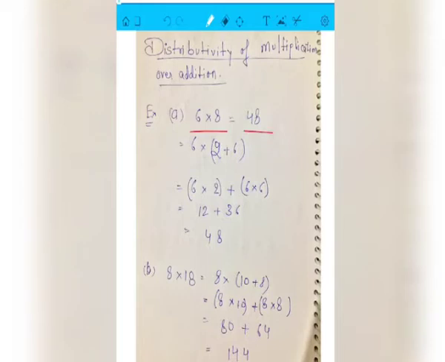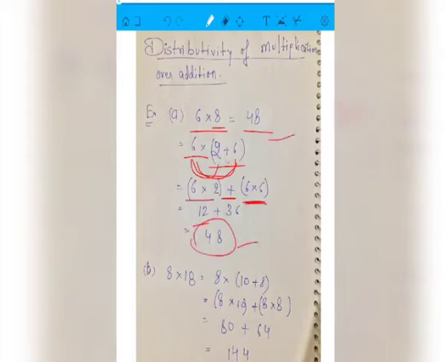But what if I do it with the distributive property? For example, I can write this 8 as 2 plus 6. Then whichever number is written outside the bracket can be multiplied separately with both the numbers written inside the bracket, like 6 into 2, then what sign comes? Plus. Now 6 into 6. So 6 into 2 is 12, and 6 into 6 is 36, and the answer will be 48. So the answer will be the same. So this follows the distributivity of multiplication.